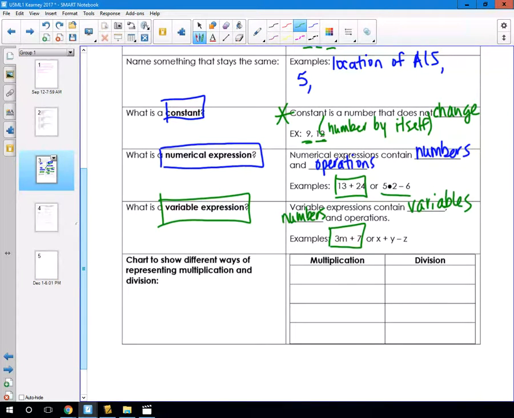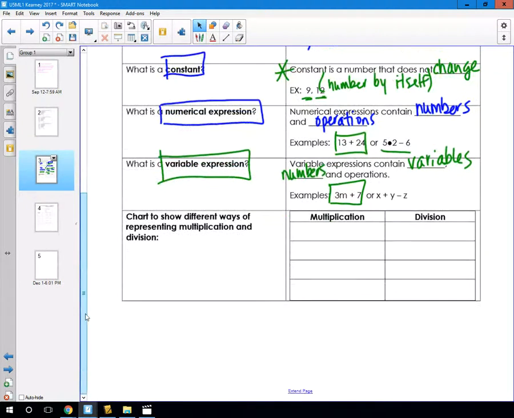Okay, that's got some variables and it's got numbers and it has operations. Now as you go through these, you're going to see some operations maybe symbolized in different ways. So I want to make sure that we understand what operations we see through multiplication and division. So what are some ways that we have typically seen multiplication shown in maybe either a numerical expression or